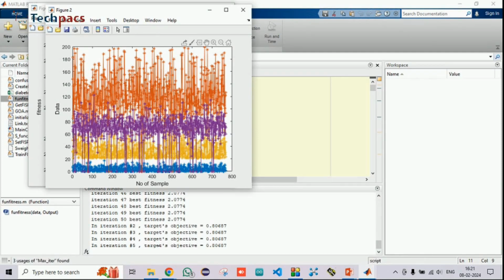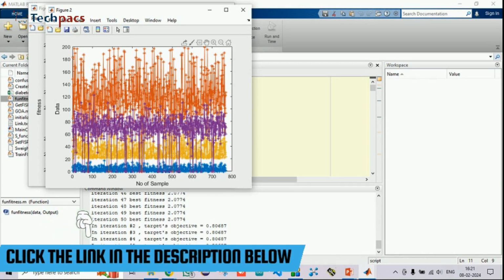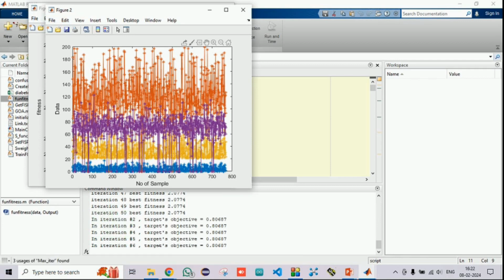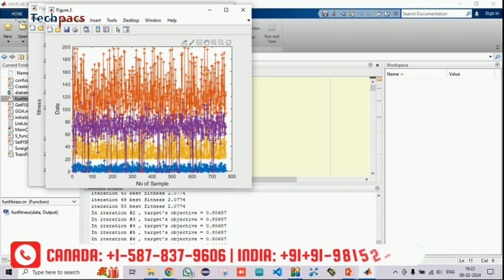So we might need to run it again and again in order to get the most accurate classifier, so that it can realistically be used in a real-time scenario for the classification of diabetes. The domain is not only for the biomedical field. Here we are working with diabetes. We can work with many other